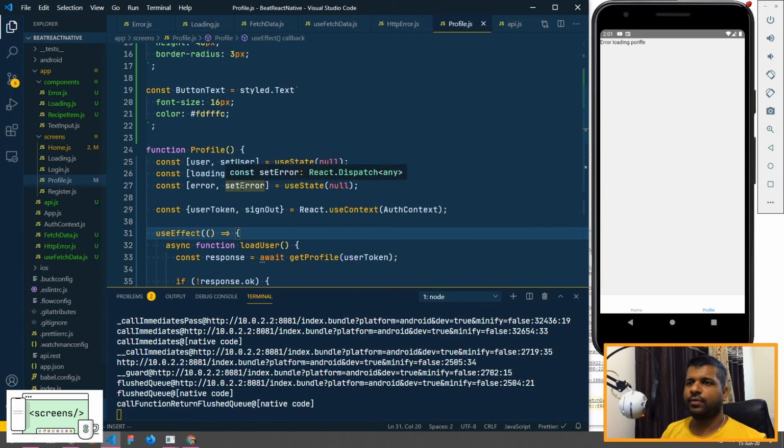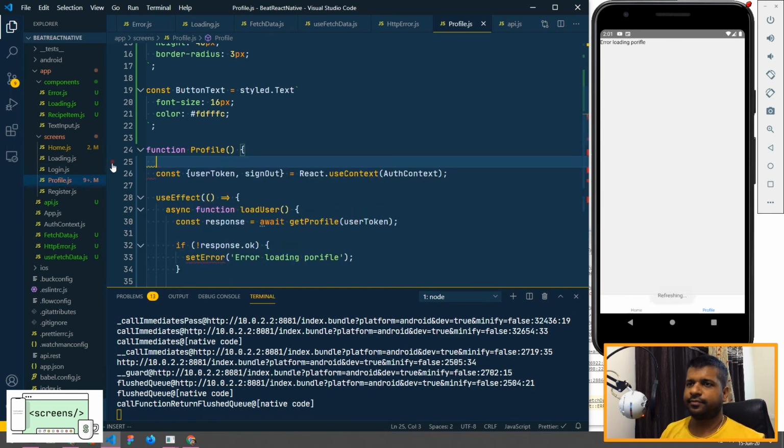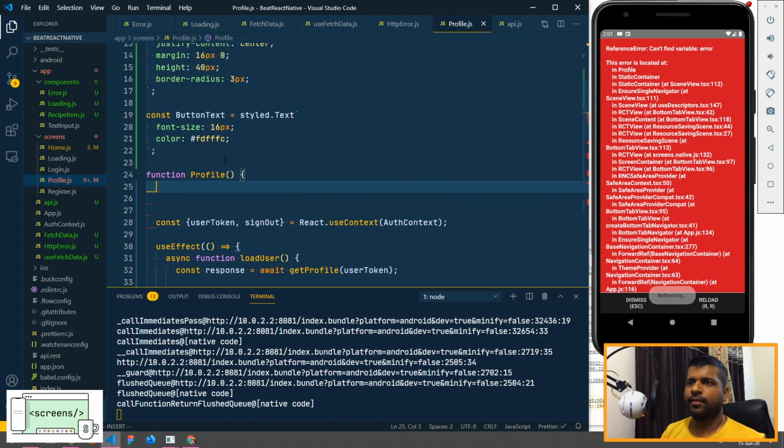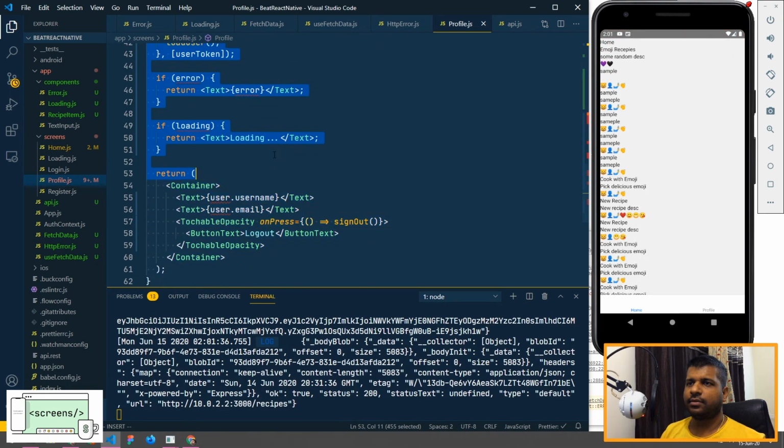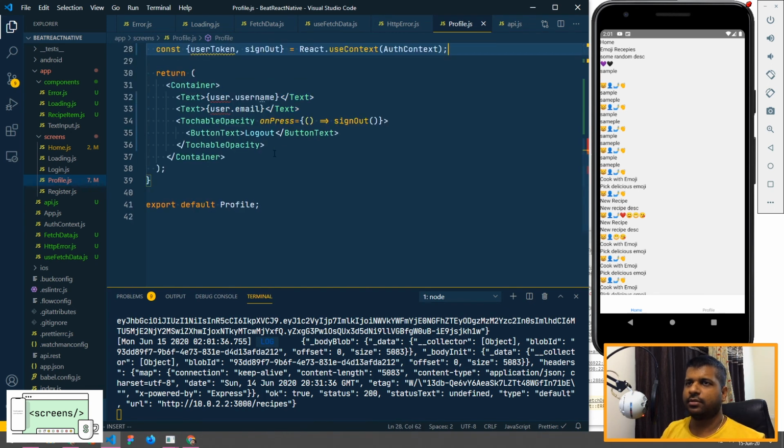So in profile, what we need to do is get rid of all these. Okay, and we need to get rid of this as well. We don't need this.